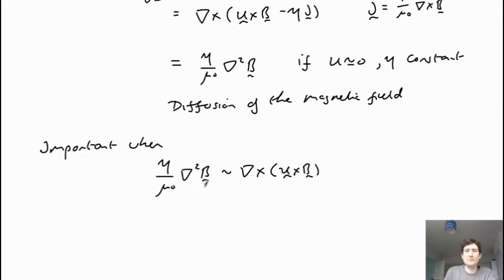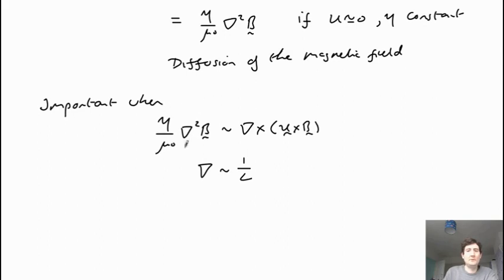So now we're going to try some dimensional analysis, taking these gradients as being equilibrium length scales, or the length scales we're looking at. We're going to say that the gradients are roughly 1 over L, where L is a typical length scale that we're interested in. Then we can rewrite this just in terms of magnitudes rather than vectors. So we get a B on both sides, we just cancel those. One of the L's here cancels. And we end up that this term is important when